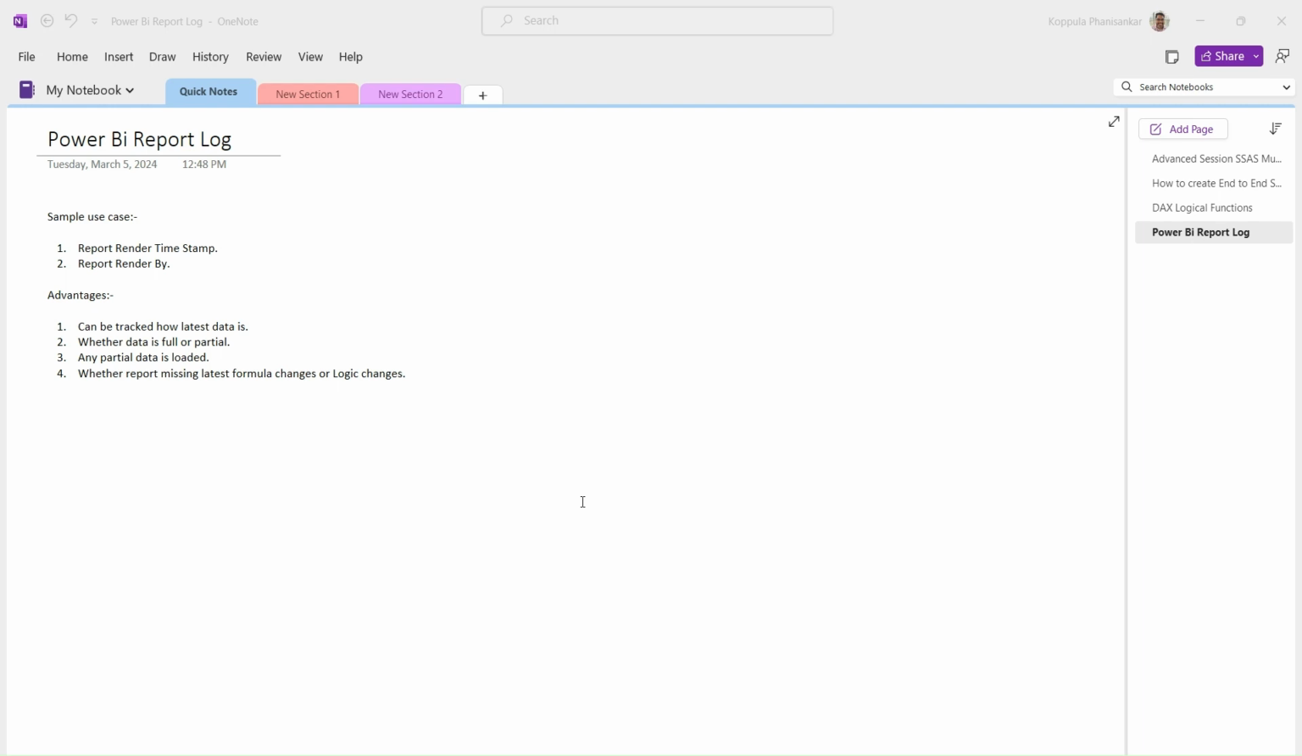In today's video, we're going to talk about two important attributes that will help you understand your Power BI reports in a more detailed way. The first attribute is report render timestamp, that is nothing but when my report is rendered. The second one is render by, who rendered my Power BI report. These two attributes actually work like a log in your Power BI report, and it will help you